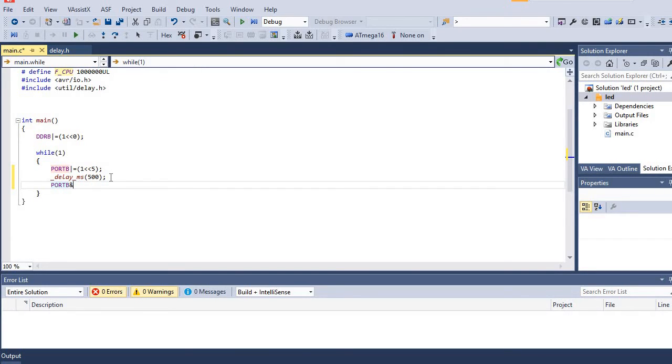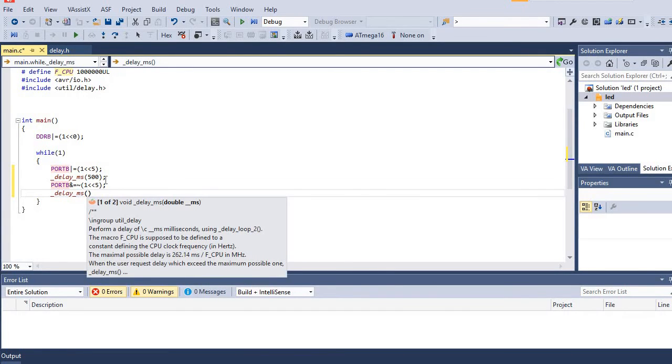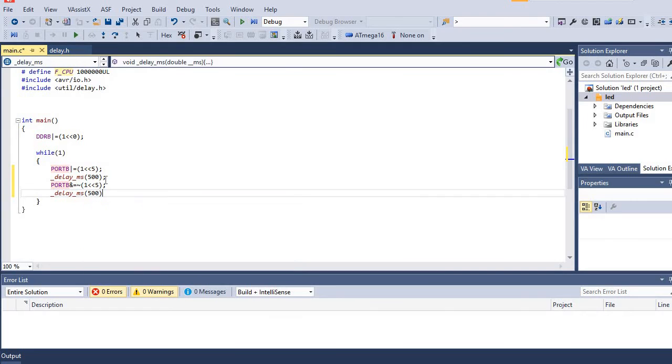I will write AND equals, now the tilde symbol and 1 left shift 5, and in the same way _delay_ms 500. So this is the logic.